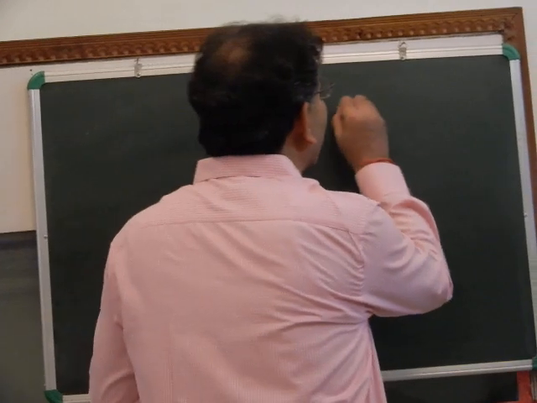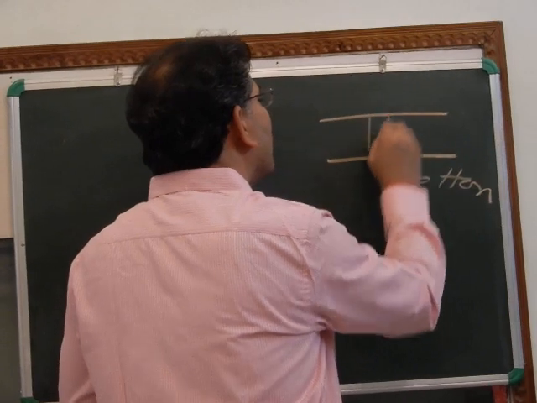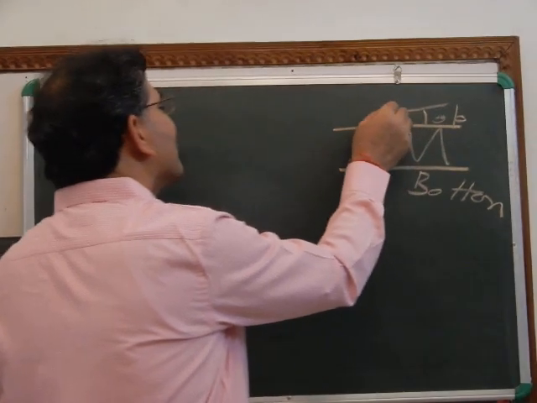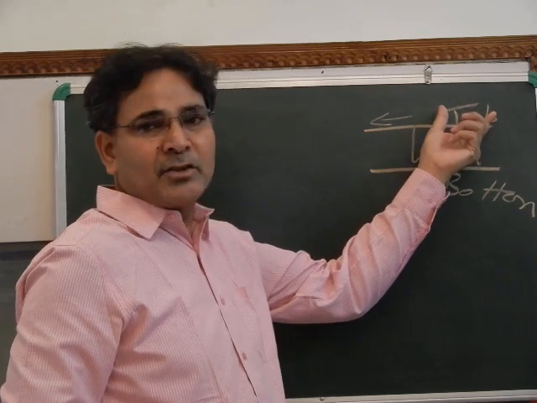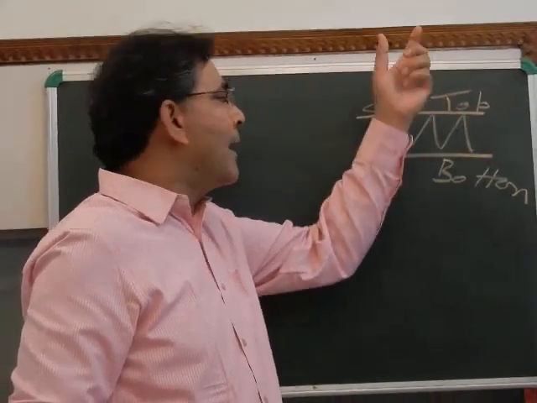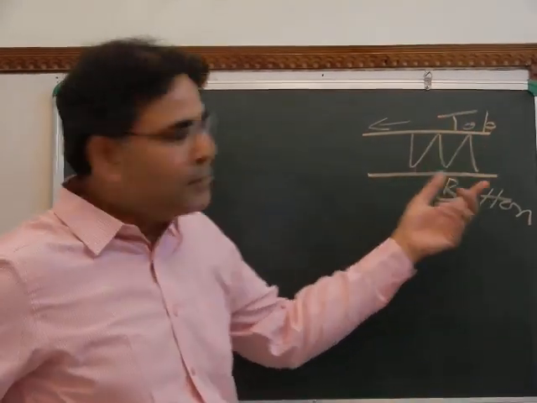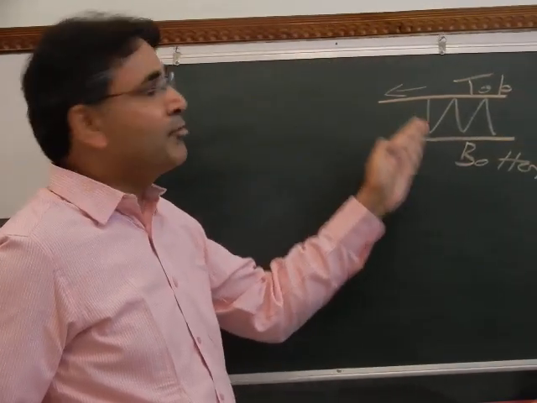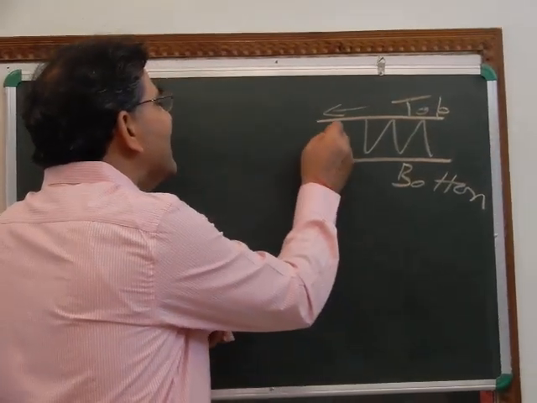So the sedimentary structures which are formed within the bed, because there are three parts of a bed: the bottom of a bed, this is the middle part or within the bed, and this is the top part of the bed. So we have discussed the physical sedimentary structures, or mechanical sedimentary structures, or primary sedimentary structures, or inorganic sedimentary structures which are found at the top surface of the bed. Today we are going to discuss the sedimentary structures which are primary, physical, inorganic, formed by the mechanical process, but which are formed within the bed.